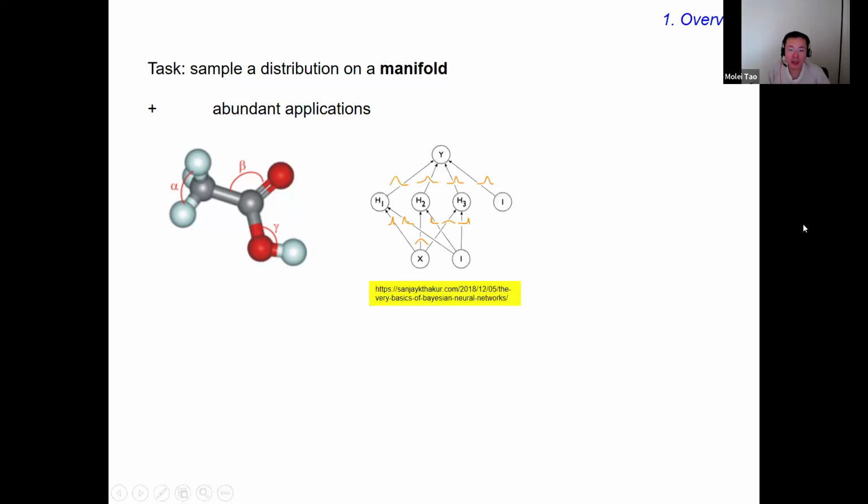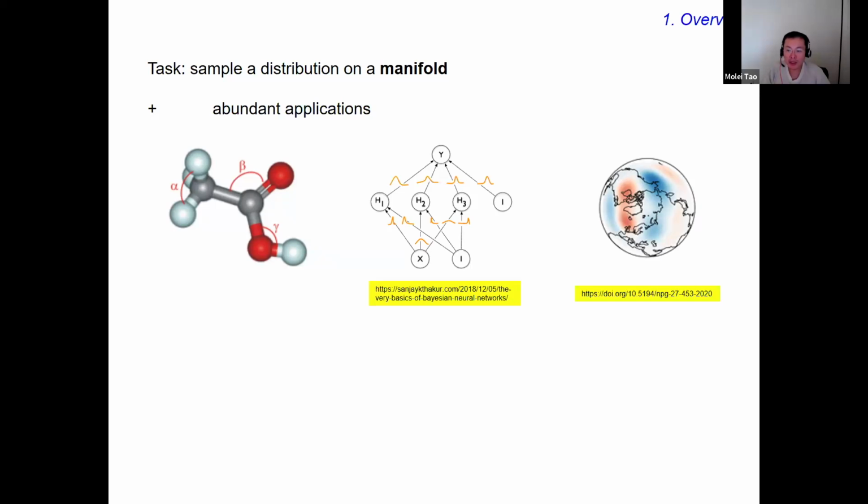If you care about data sciences more, for example, there is something called Bayesian neural network where you don't really make each weight parameter a constant, but you treat it as a random variable. And then if you do what I did in part one, putting some geometric constraints on some of the weight matrices, then you have to be sampling from some manifold in order to do inference of Bayesian neural network.